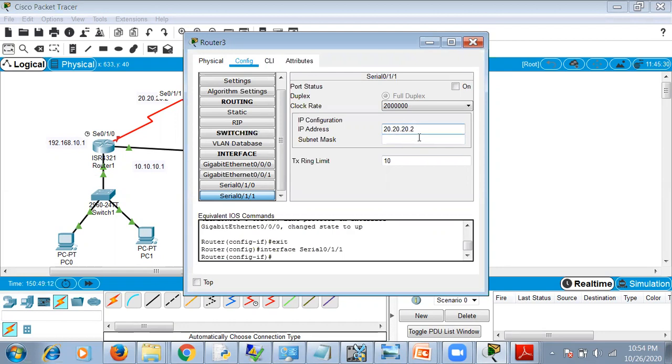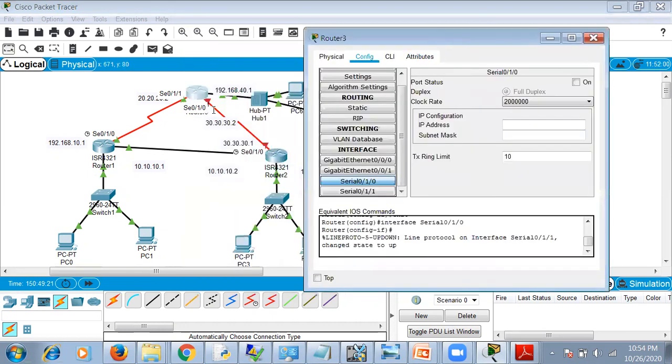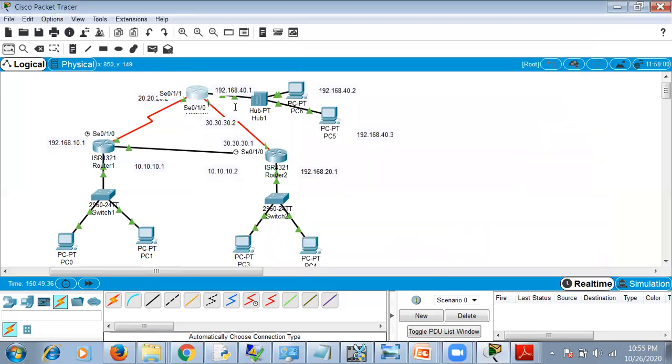So it is 2 because 1 we had given for the router 1. Click on next, 0/1/0. Now 0/1/0 belongs to this channel, this link. So the address is 30.30.30.2. Okay, so the moment you give the proper IP address, it becomes green color. So that means it is properly linked.